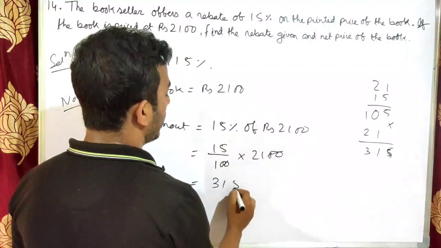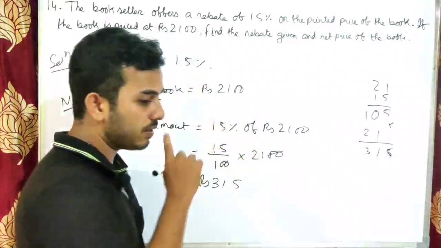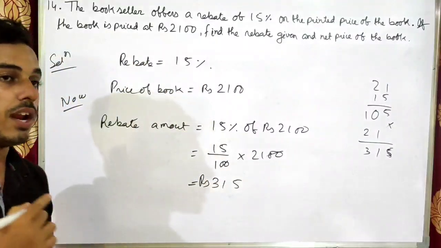That is, the rebate amount is 315, or you can say the shopkeeper has discounted rupees 315